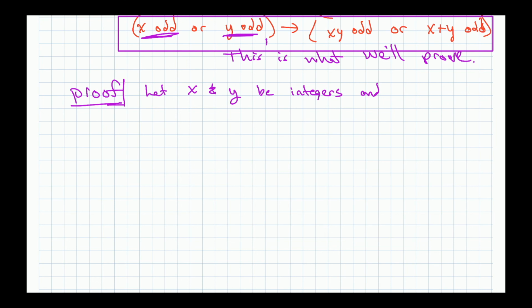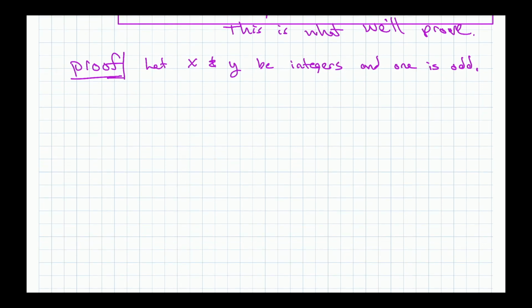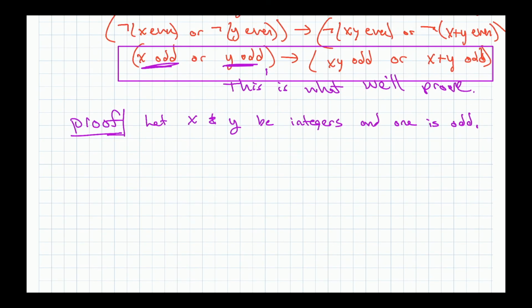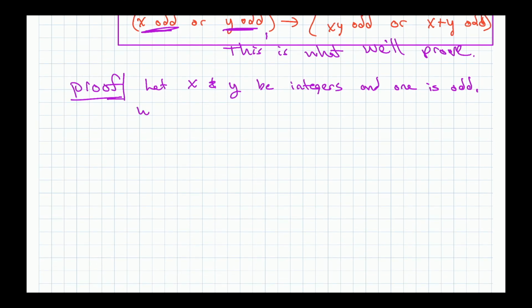One of them is odd, right? Now, which one's odd? Is x odd or is y odd? Which one needs to be odd? Well, it doesn't matter, right? Since it doesn't matter which one's odd, we can just pick one and it might as well be x. It doesn't matter which one's which. One of them's odd. So we just say without loss of generality,